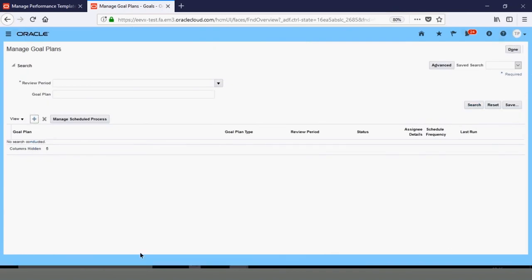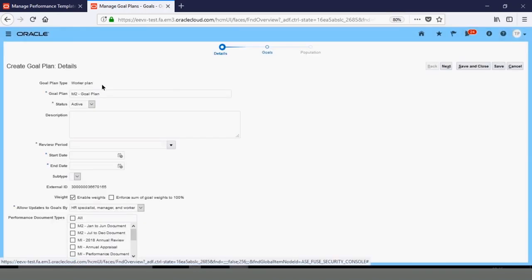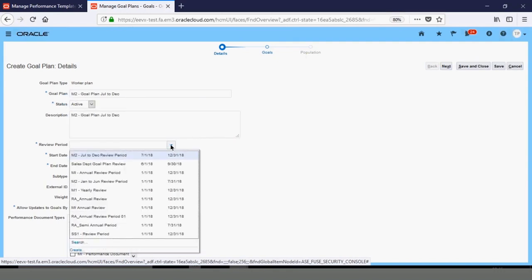Okay, now I create another goal plan. M2 goal plan. This is July to December, right? Okay. I know it's a little boring, but